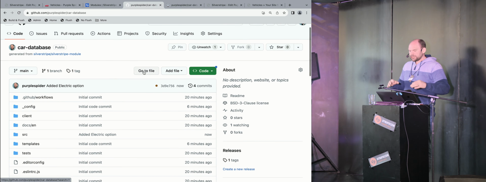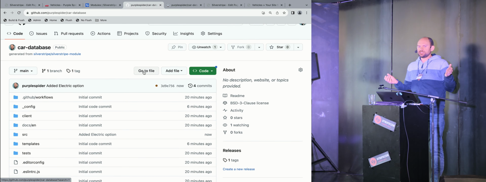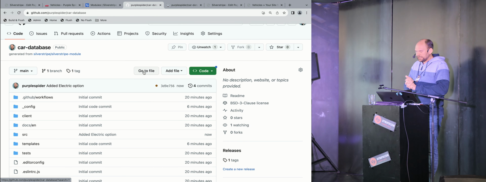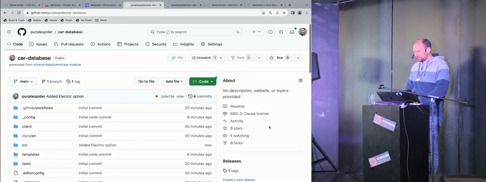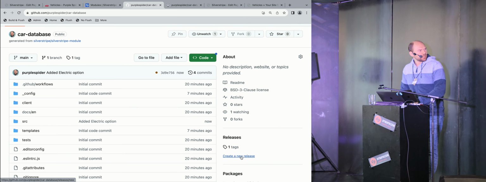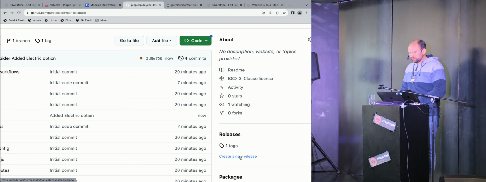Nice. So we made an update to our module. We've simply gone into where it was in our original project that we downloaded the repository for. We've made our update, we've pushed it up, but now we need to tag it, add a version. The way you can do that on GitHub is using their releases option. So if you click this little link that says create a new release,